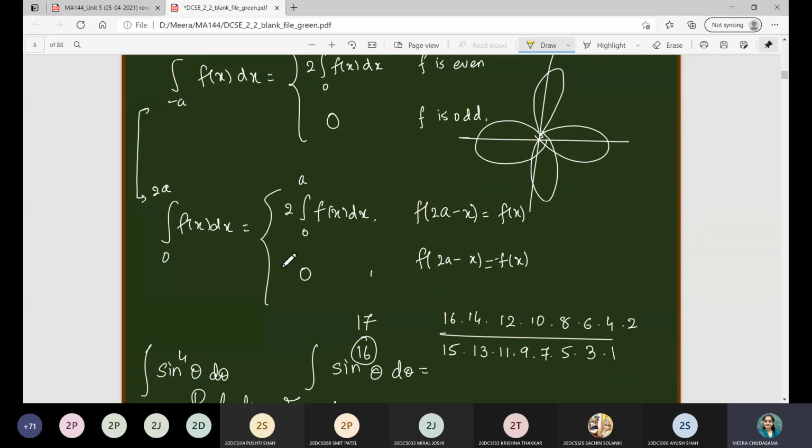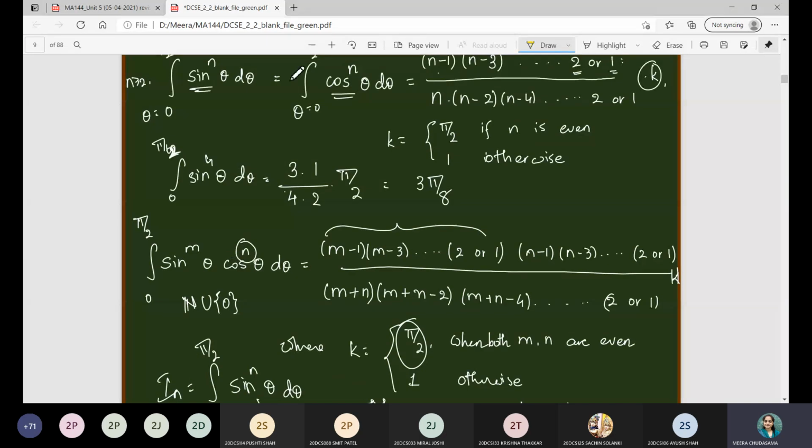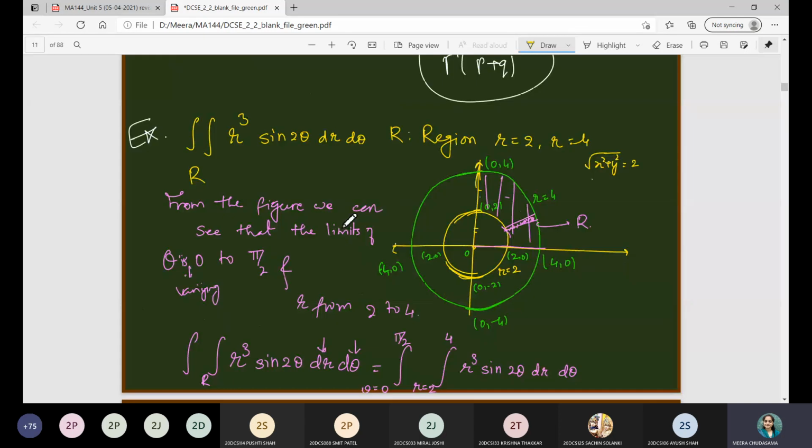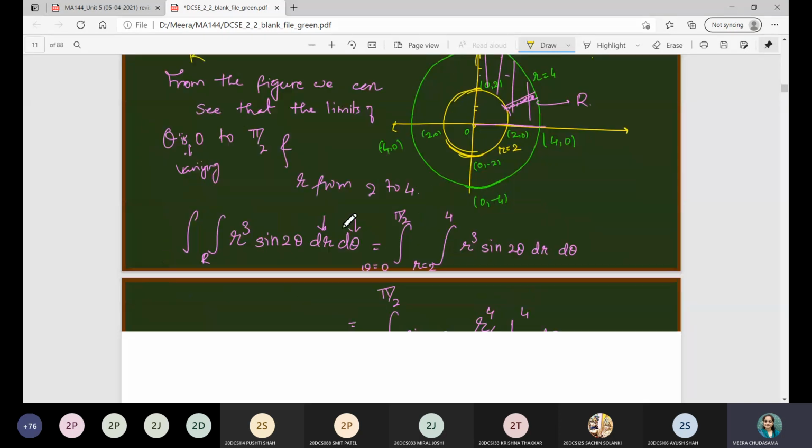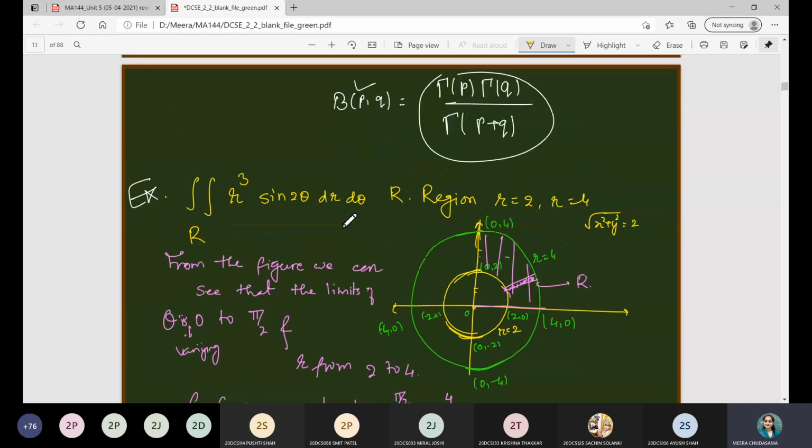These are some useful formulas which we are going to use, and after that we have seen the reduction formulas, right? Whenever you are given an integrand as sine to the power something, or cos to the power something, it is given by this formula. And when a combination of sine and cosine functions is given, then the corresponding formula is this one. Here m and n have to be greater than or equal to 2. Then only you can use these formulas, right? After that, we have considered one example, this one, right? So let us discuss some more examples based on this terminology.